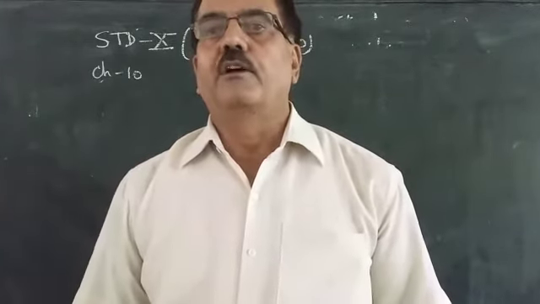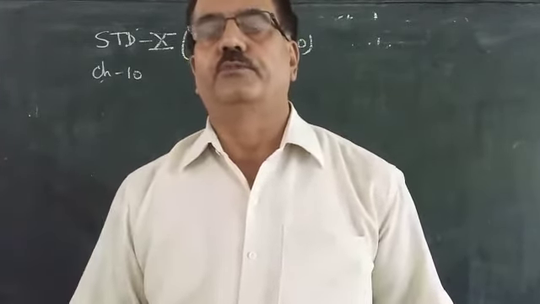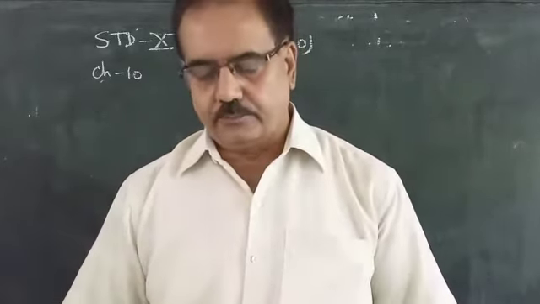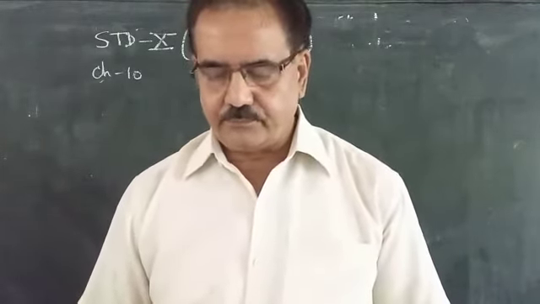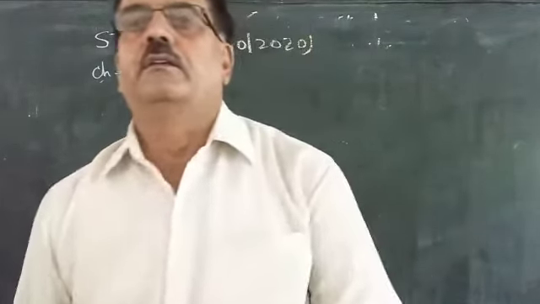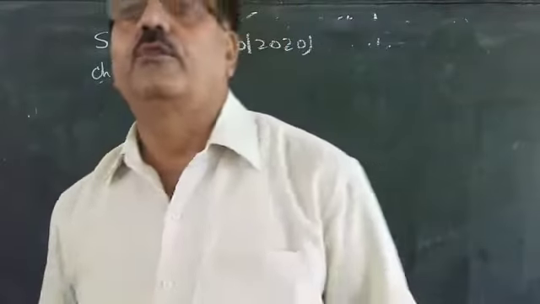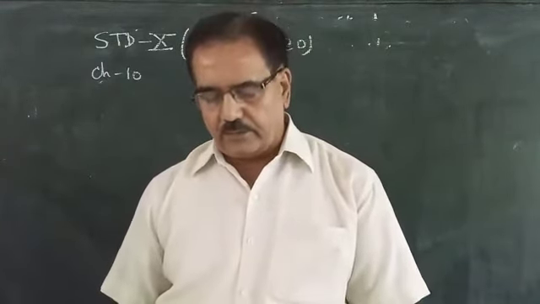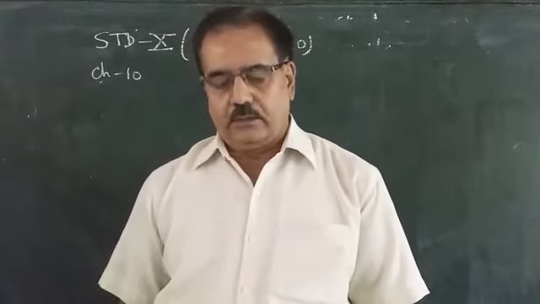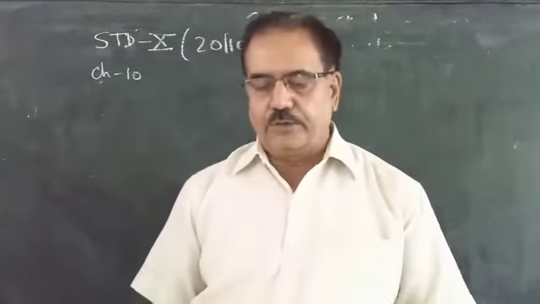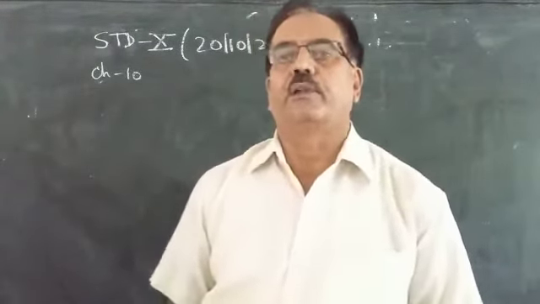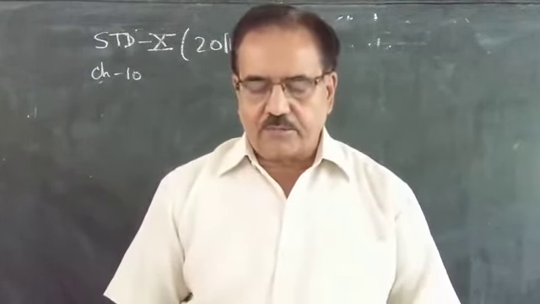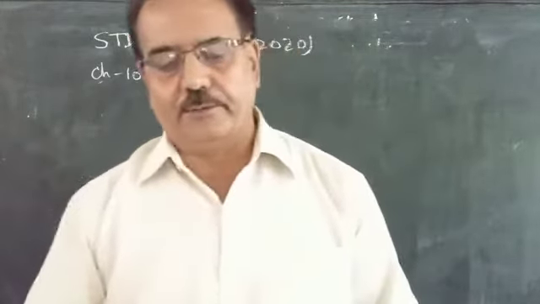Here, some more points I am going to explain in the chapter Arithmetic Progressions. So be careful in this topic. First, last class I explained how to find the term's value when term one is given, and you can find the total value Tn. This formula: Tn is equal to a plus (n minus 1) into d. Right. Now today I will explain something more in detail.